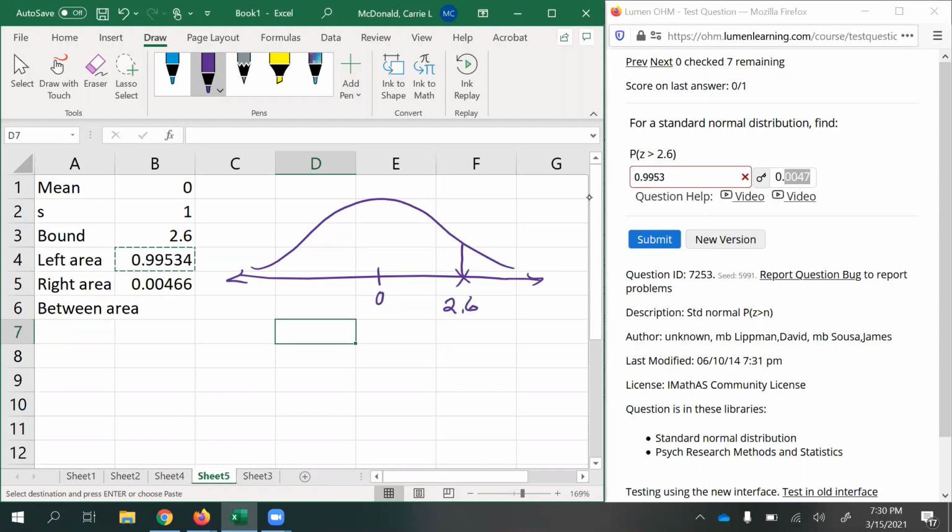And so with a right area, it says greater than 2.6, this should be a very small probability. Right? And it's definitely less than half,